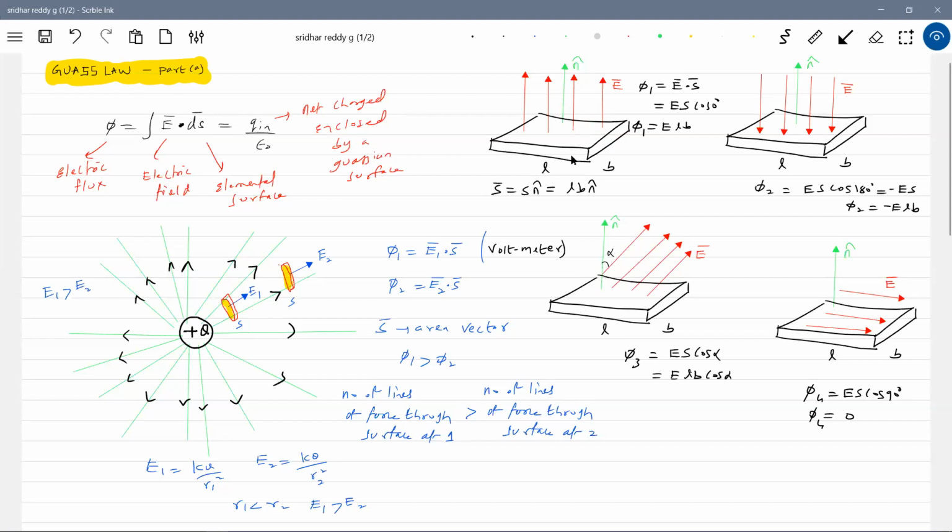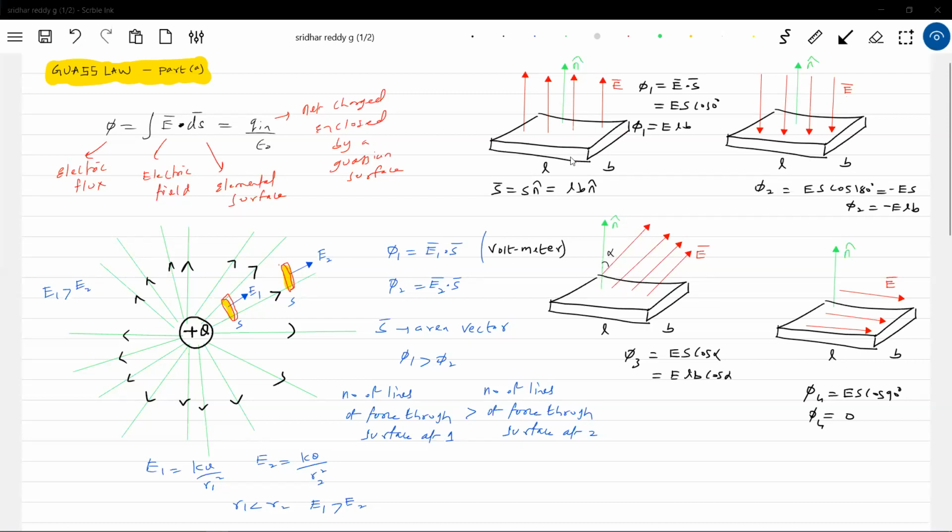So now you can ask questions. Why can't n cap be downward? If you define n cap downward for all 4 situations, you have to make n cap downward. For an open surface, you can assume n cap upward or downward. Here, let me assume n cap upward. Okay, agree with this.